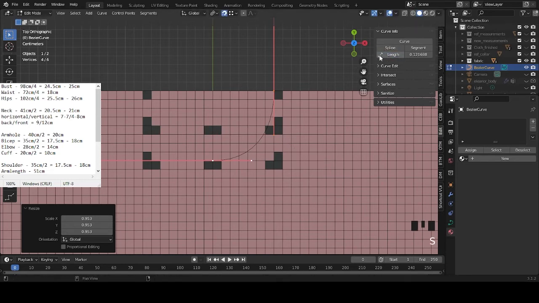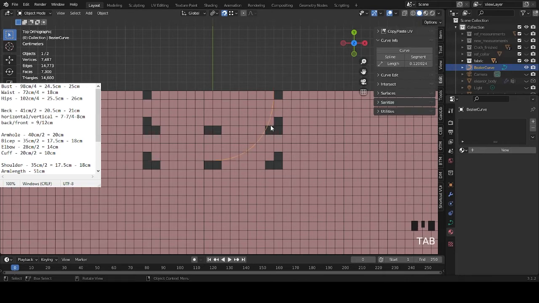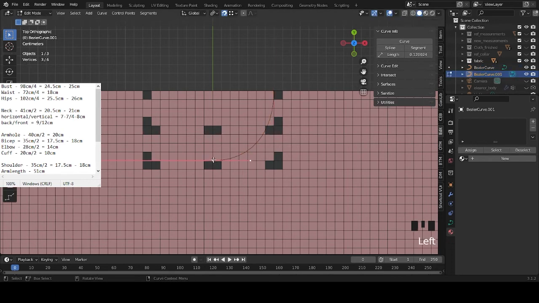Okay, it's almost there. Okay, that's too much. Okay, that's good. This is for our front part of the neck, so let's duplicate it and make the back